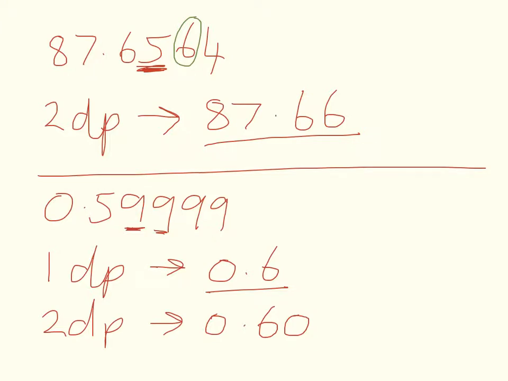So that's decimal places, and those are some examples. What I'd like you to do in the class is start rounding some numbers to a certain number of decimal places, do the exercises in the book, and check with me that you're getting them right. Okay, I'm hoping this has just been revision for you. The next little bit that we need to do